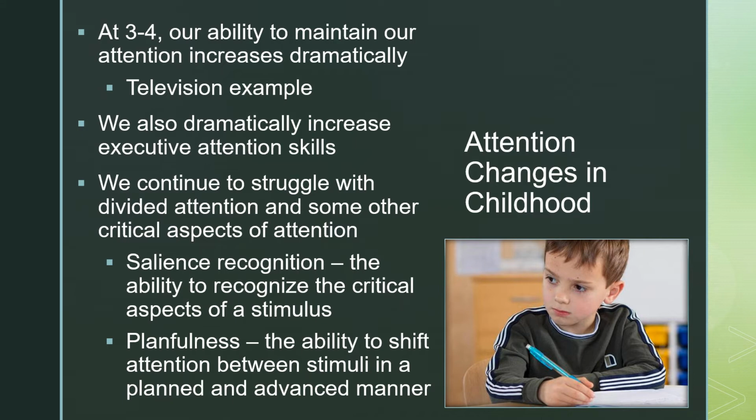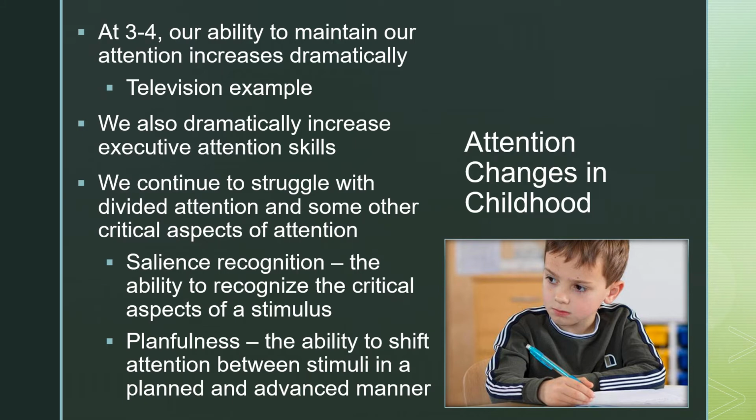Many parents find that they're frustrated when they try to sit a 2 or 3 year old down in front of a television and have them watch just one show as a distraction. What's odd is that just a year or two later, when they're 4 or 5, most kids can not only sit down and watch an entire show, but they can watch an entire series of shows or watch an entire movie. And that transition is not just magical, this is often tied to the increased ability for children to sustain attention throughout an entire video or through an entire class or some experience that they're going through.